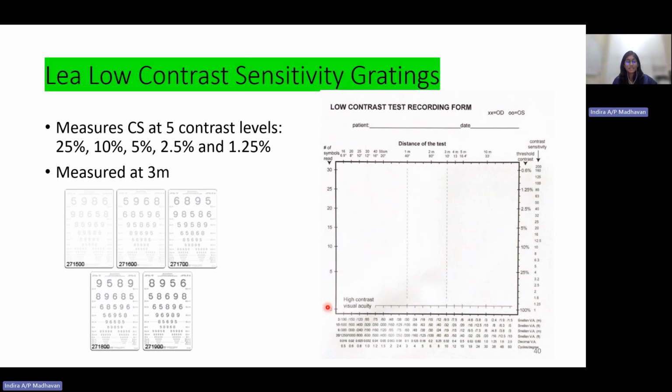Another one is if the patient has a cataract and also another problem. So when they do the contrast sensitivity test, the original one is definitely the normal one, like the example that I gave just now. Okay, maybe the patient